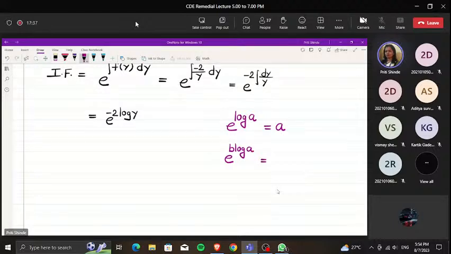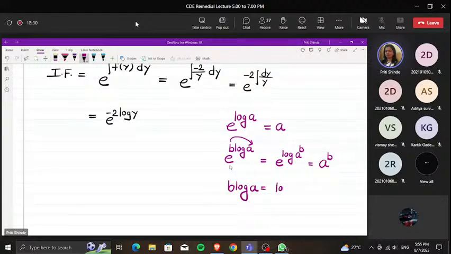You can simplify by using properties of log. b log a is the same as log of a raised to b. So b log a is e raised to log a raised to b. And we know that e raised to log is a raised to b only. So by using this property,